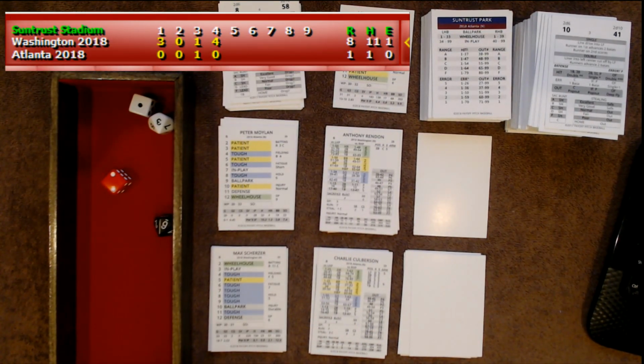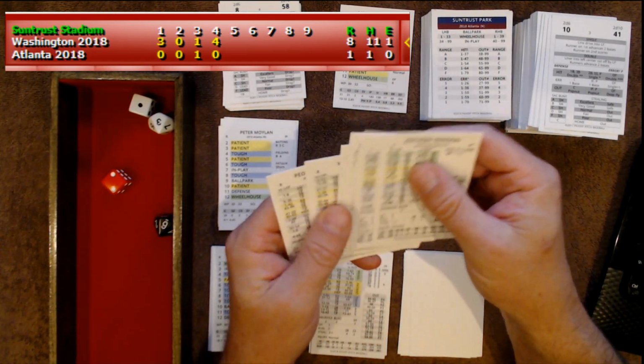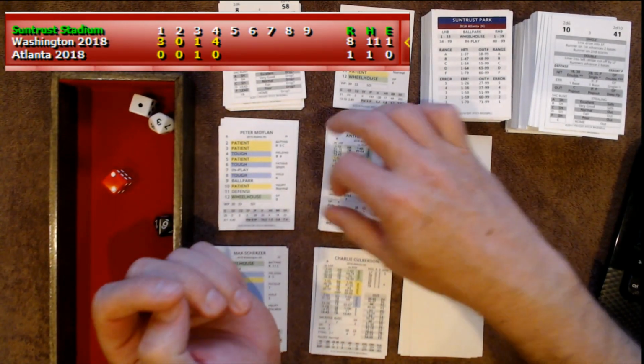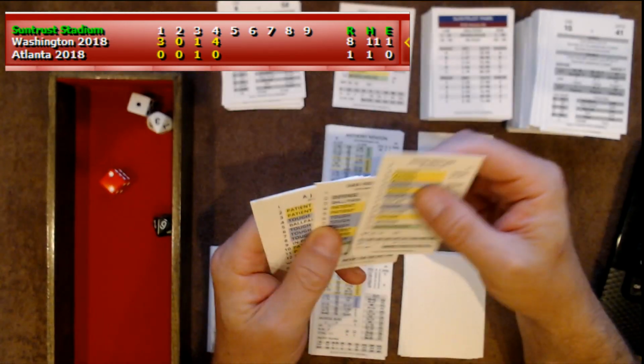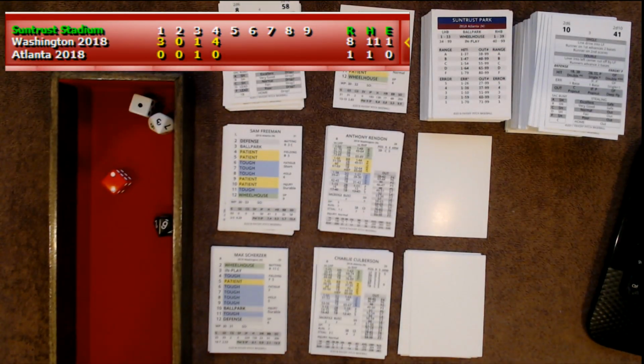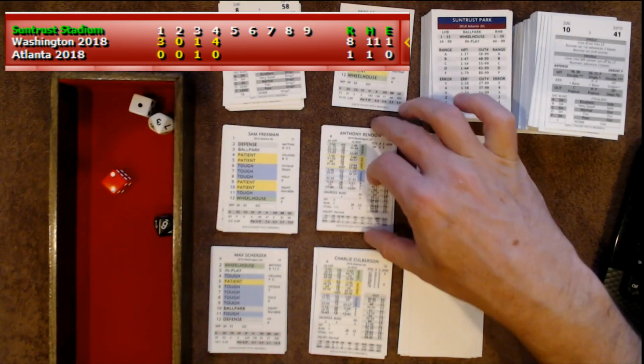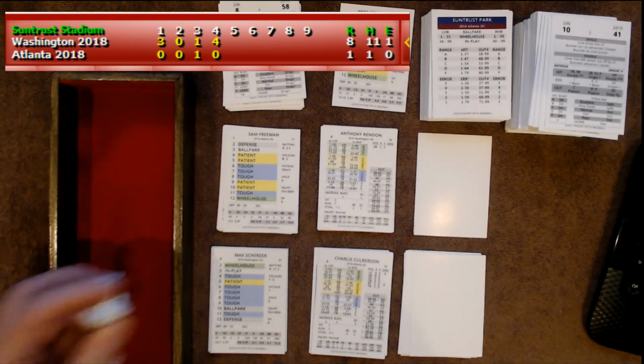So we're going to have a new pitcher come in. It's going to be Peter Milan here. Now, let's see who's coming up. We got a righty, a lefty, a righty, righty. Actually, we might be bringing in a lefty, with 2 lefties coming up. We're going to bring in Sam Freeman. He's kind of been our lefty closer. He's going to be batting in the 9th spot. We could do a double switch, but down 10 or 8-1, I don't think it's worth it. So in comes Sam Freeman, facing Anthony Rendon.